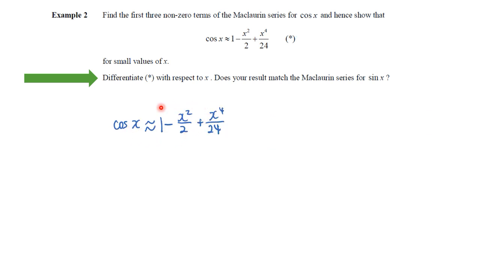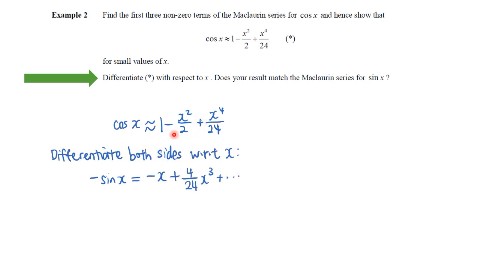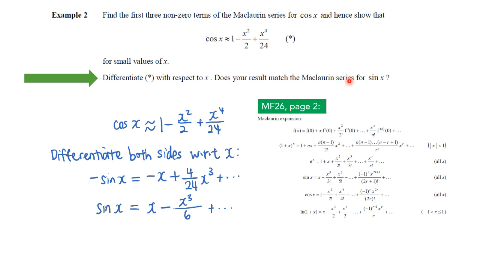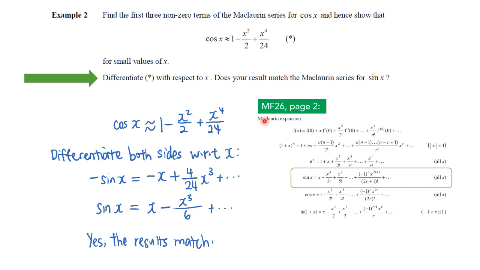Given this result, let's do a differentiation on both sides. So we have negative sine x on this side after differentiating cosine x, and we differentiate this one term by term, so you get this particular expression, right? Let's simplify this a bit, and now you look at your MF26. On page 2 of MF26, you have this result here for sine x, right? And you check against the terms over here. Your 3 factorial over here is the 6 that is present here,